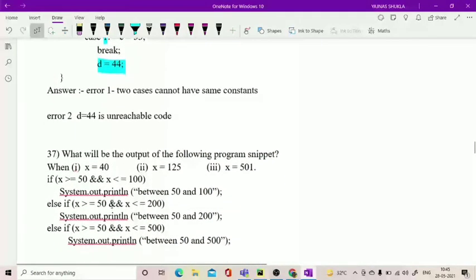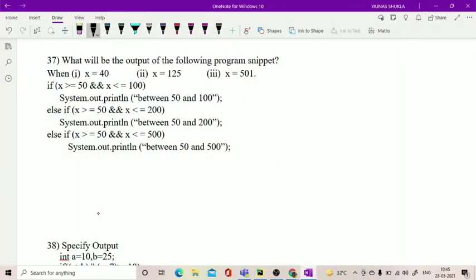Now the result of this. x equal to 40. When the value of x is 40, you just see the conditions. 40 is greater than 50 is false. So the next condition will not be tested. It will go to else. 40 is greater than 50, again false.